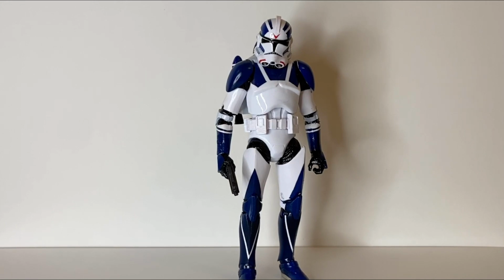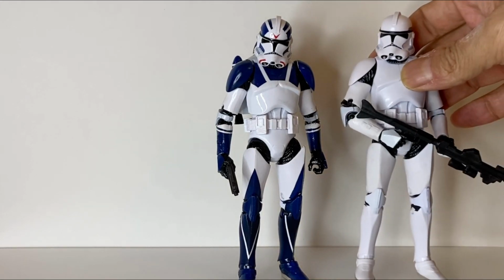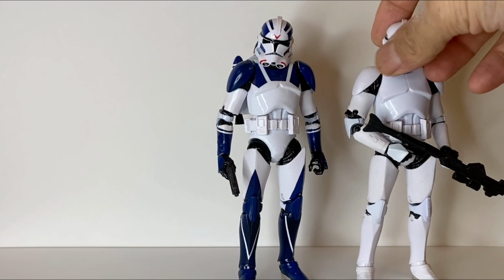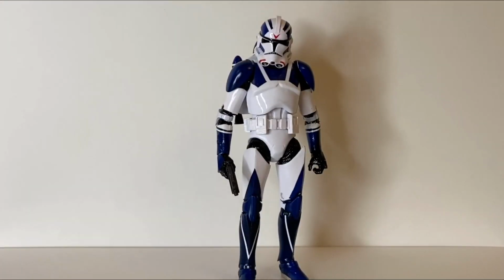So how did this thing start? I actually started off with a Phase 2 clone trooper from the Amazon exclusive 4-pack. I managed to get 2 of them, so luckily I was able to keep this one plain, and then I used this one to create this modification. And so,